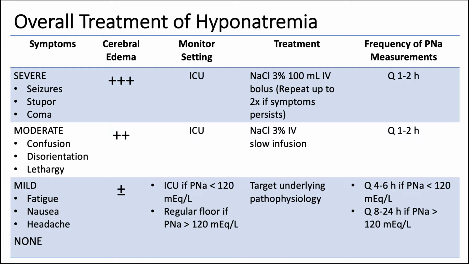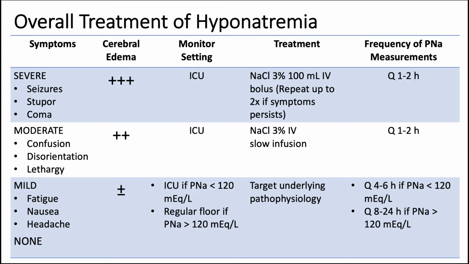And the patient doesn't need to get hypertonic saline urgently. You need to figure out the cause of the hyponatremia and target the underlying pathophysiology. So if the patient has hypovolemic hyponatremia, the treatment will be to give volume expansion with isotonic fluids. If the patient has adrenal insufficiency, the treatment will be to give him glucocorticoids, right? But you have time. You have to think about the mechanism of hyponatremia and then figure out the best therapy